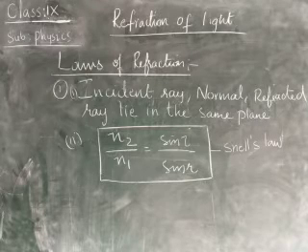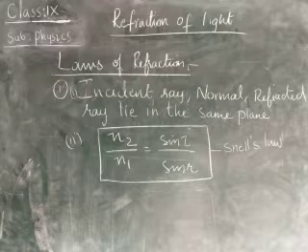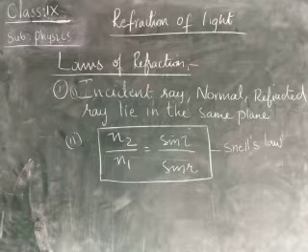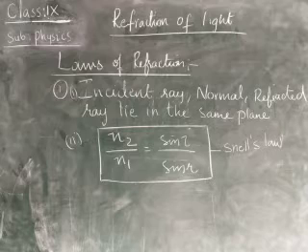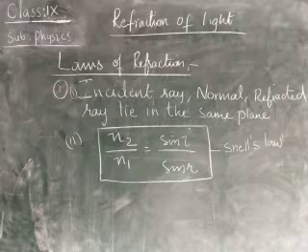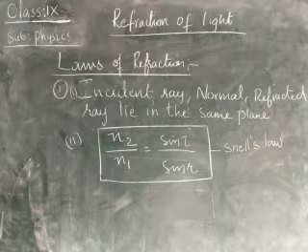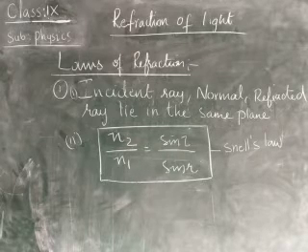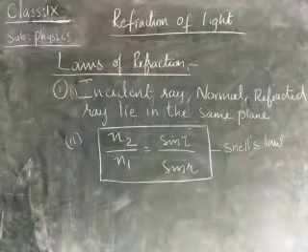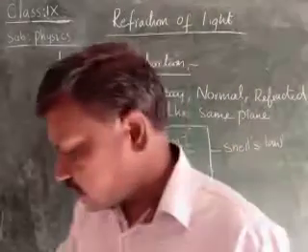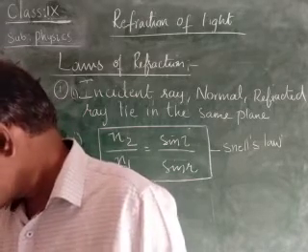Therefore, in sin i by sin r, we are finding the sin i as well as the sin r, children. That means we should find the trigonometric ratio of sin i. Normally, in the 10th class, you will be learning about the trigonometric ratios, children, including sin i as well as sin r, and finding out sin i and sin r.